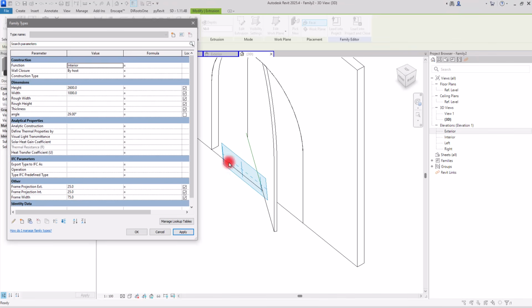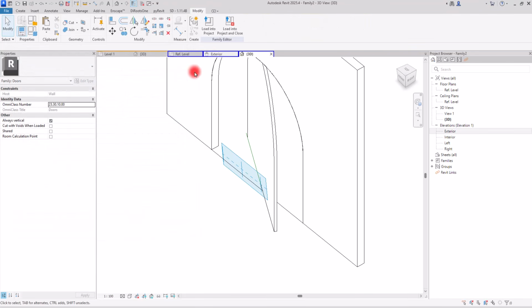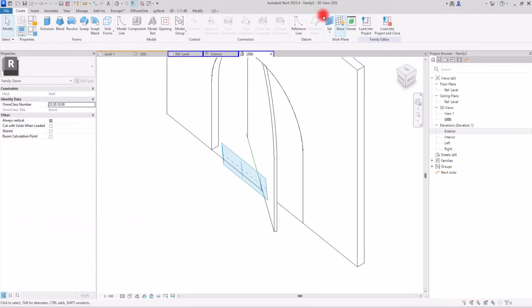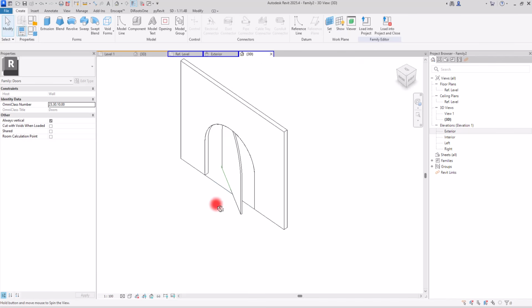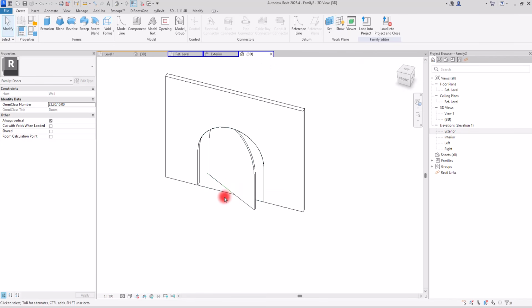This is the working plane. If we go to this create section and turn this off, we can simply see the door. So this is the whole thing that you need to do for creating a central swing door, which is arched shape. And now I want to also show you how you can add some very small and unique detail to